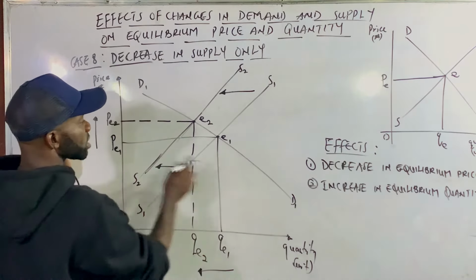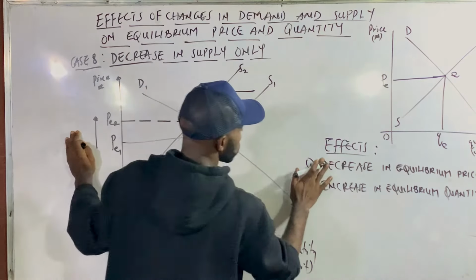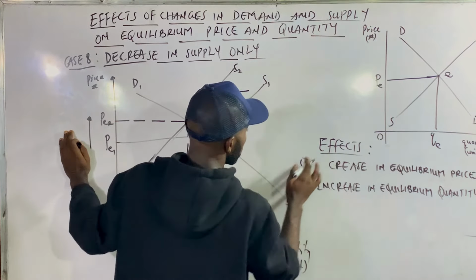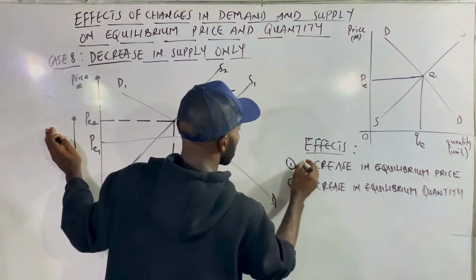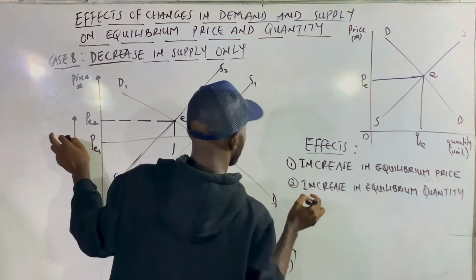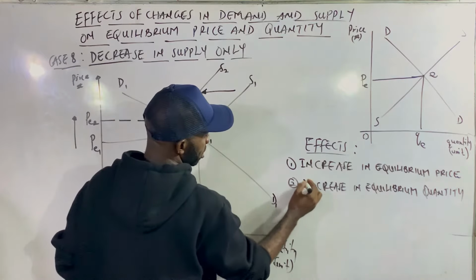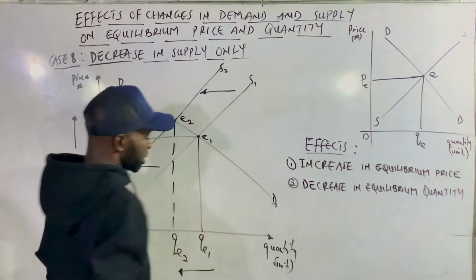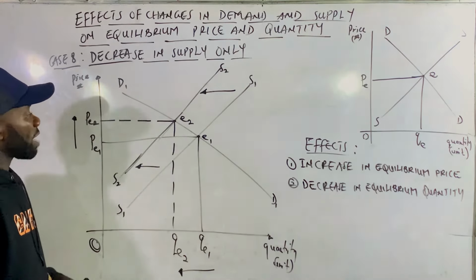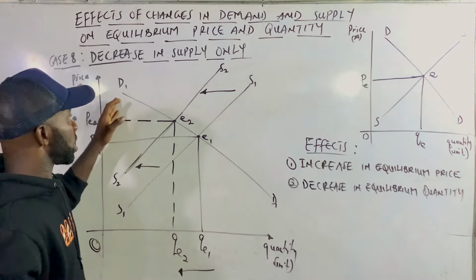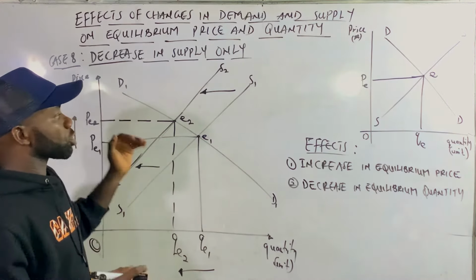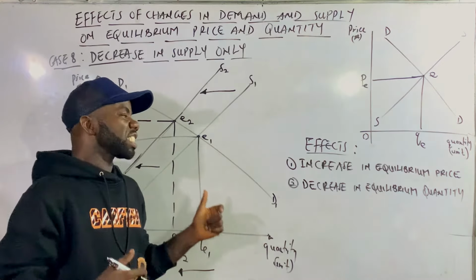If I have to put this in effect, we just need to change the first one. The first effect here is for price and it shows an increase from what we have. On the lower part, this has to change to decrease for it to be in line with the interaction going on here. So whenever an examiner puts up a question that says a decrease in supply without a change in